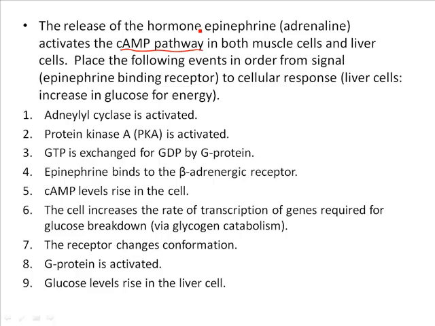So before I show you how cyclic AMP ends up causing a cellular response, I'd like you to take what you've learned and do that for me. I'm going to ask you to place this series of events in order, starting from number 1 would be the binding of the signal, in this case, binding of the epinephrine. And then the last item on the list should be the cellular response. So take a moment, try to put them in order using the numbers here.